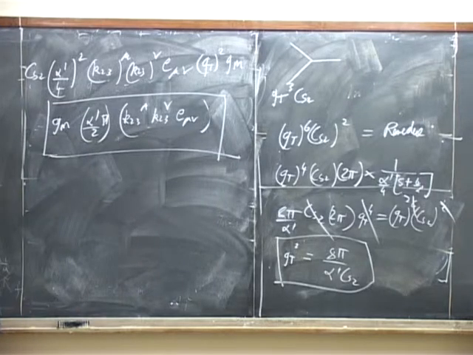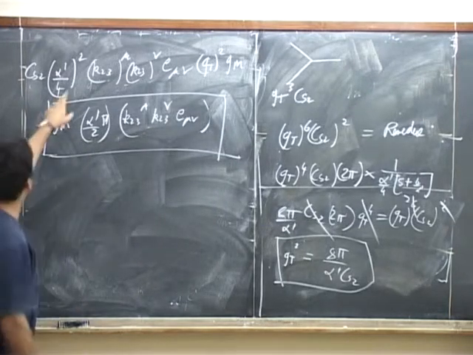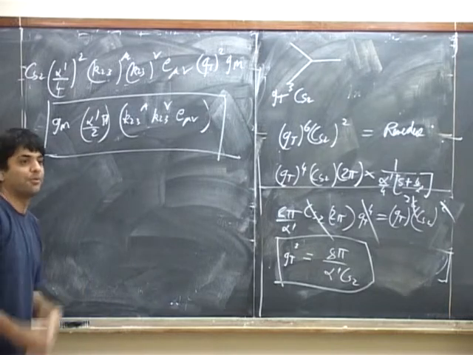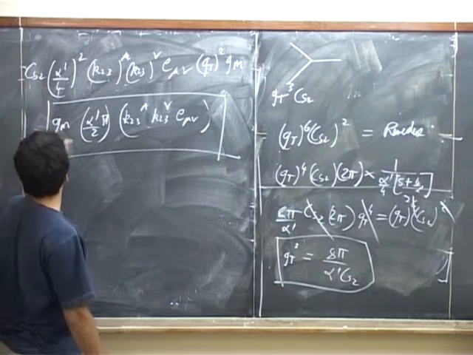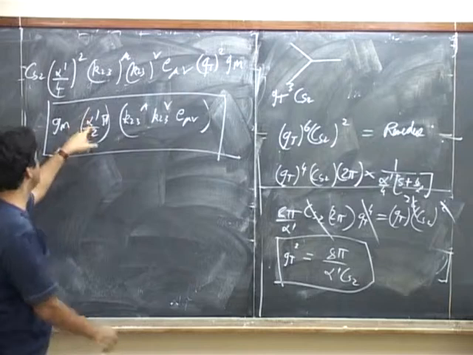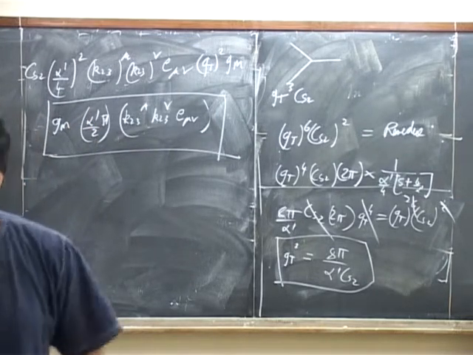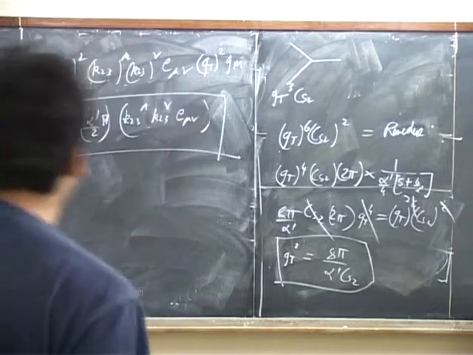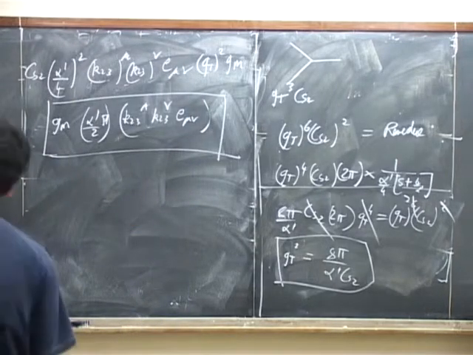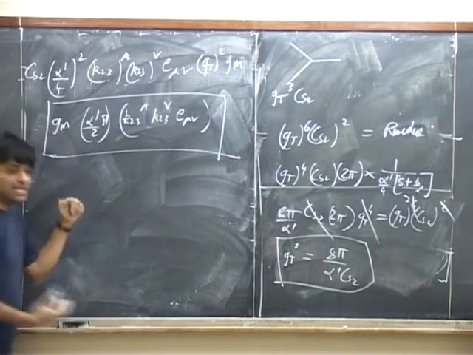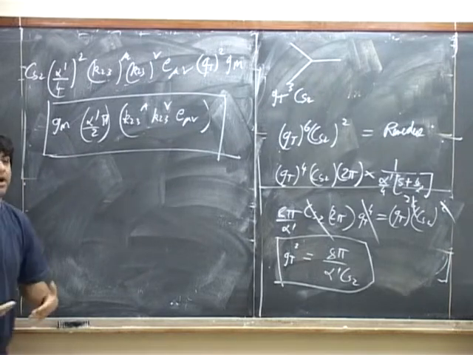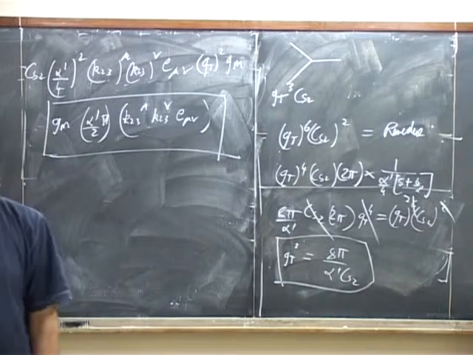Last class, you might remember, I was getting confused about this normalization not matching with Polchinski. But Polchinski then is plugged in this relationship. So that's why I got to 1 over alpha prime. And this matches with my case. Okay, very good. So this is now the 3-point function of 2 tachyons and the graviton, but it's still not